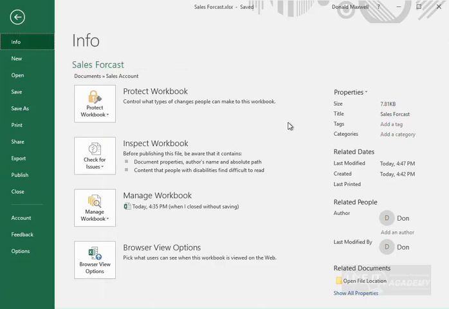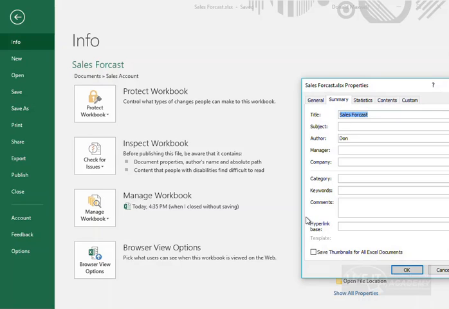All right, so we were talking about properties. We know that we did give the title in the Windows operating system Save As window. We could do that, but if we want to do more extensive properties, we can come in here. For example, if I wanted to put my company's name, or if I wanted to put a subject, all right, and if I had a manager, or if you want to change your name, and so on, you can